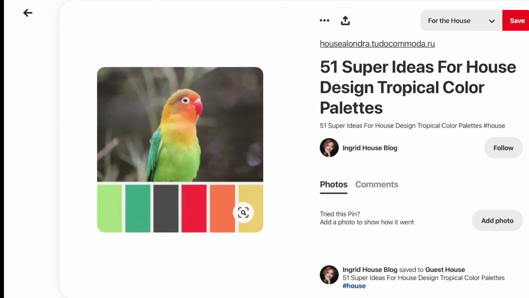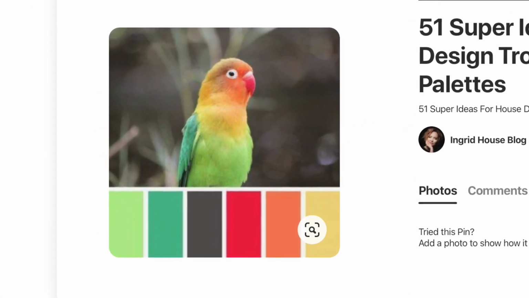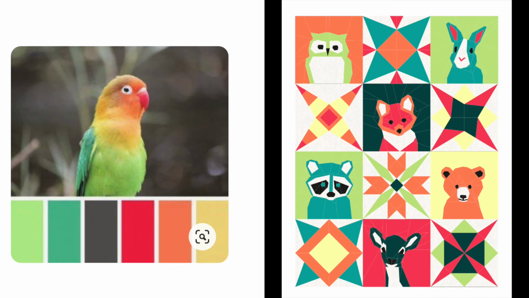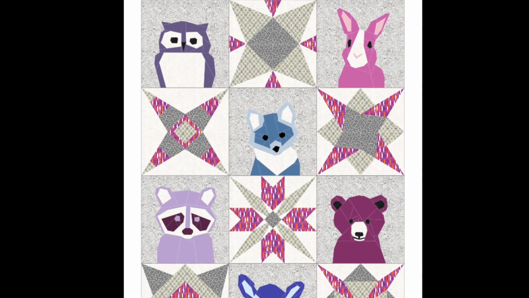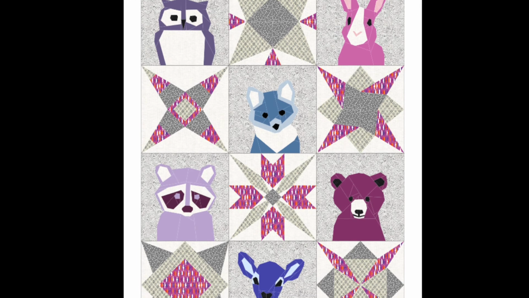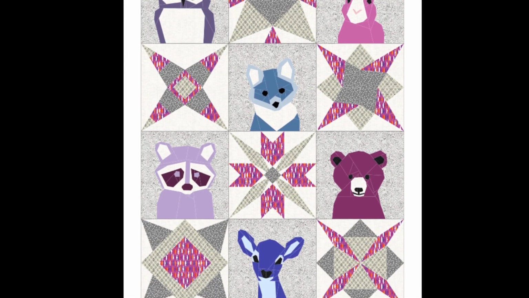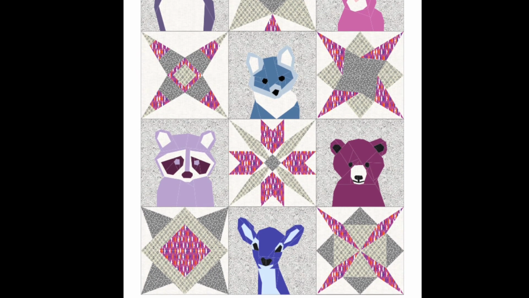When in doubt, check out Pinterest or Google to find some color palettes that are maybe outside your normal comfort zone. If you're going bold or busy in this quilt, I would stick to solid colors since the pattern itself is already very busy. As you can see, I used Pinterest to inspire this quilt using the colorful bird palette. I often will pick a print that speaks to me and build the quilt from that single fabric, using all the different colors that have already been included by the designer.